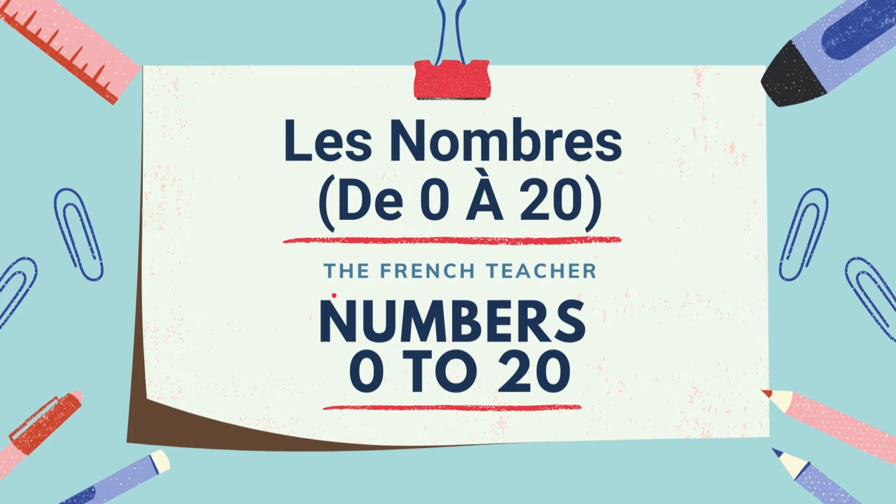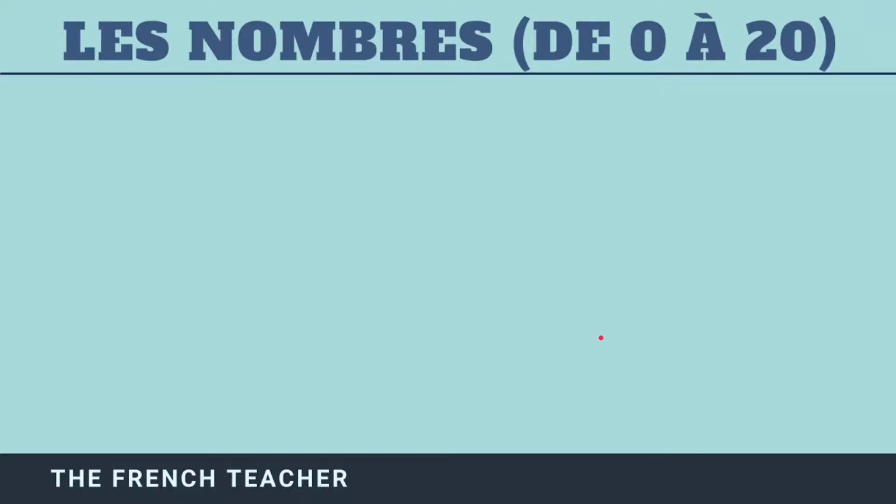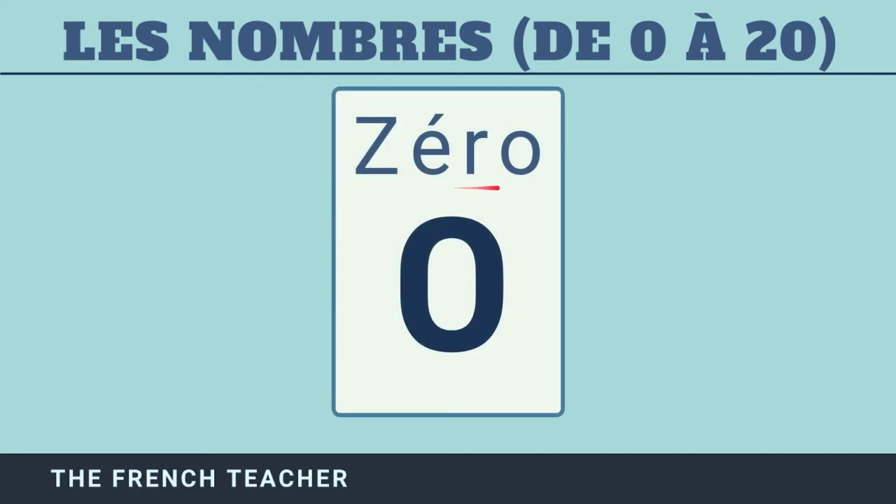Today, we are going to learn the numbers from 0 to 20 in French. So, let's get started. To start with, les nombres means the numbers and the 0 à 20 means from 0 to 20. So, the first one is 0, which is 0, then